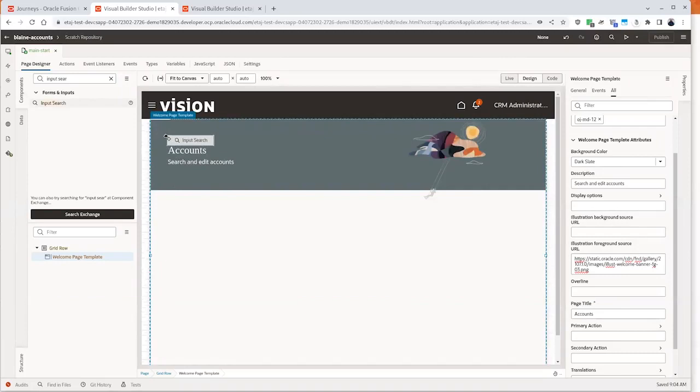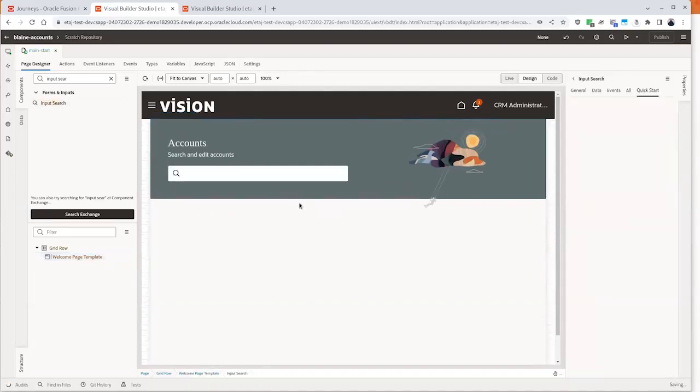See the blue where it says welcome page template just above my cursor. As I'm moving this around, it tells you where your focus is. And if I put it here, it's the same as putting it there. I held on to it too long, so let me try that again. I'm going to drop this into the search slot that's built into the page template, and it will create